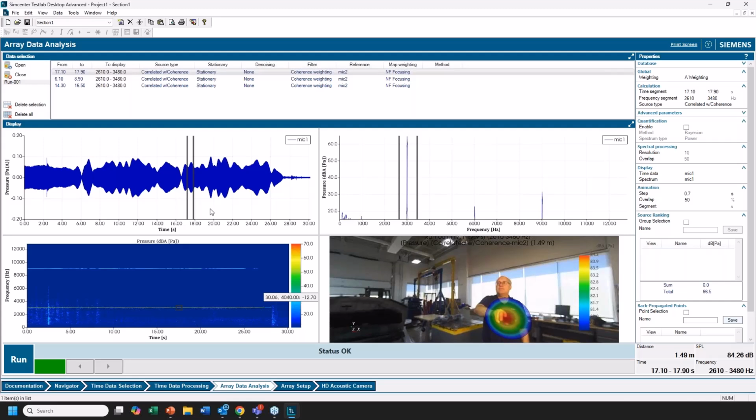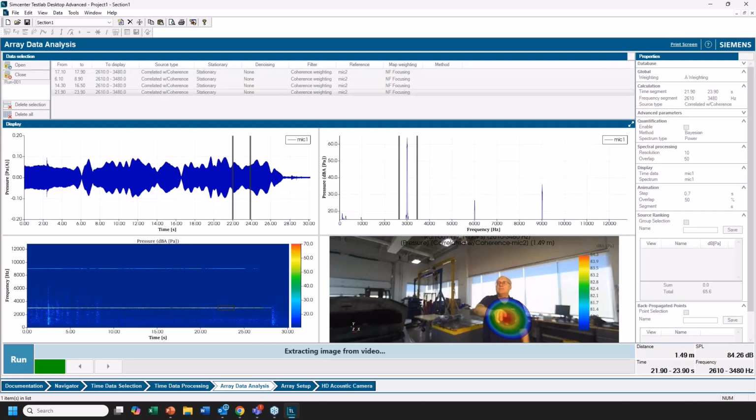So if we go to a different moment in time, going back to what I said at the beginning, then that phone should have moved. Let's see if the red dot of the noise lines up to that. So if I hit run, it's going to go through and compute that, extract the right image. Hey, look at that. How about that? Now you see the phone in a different position, highlighting where that noise is.